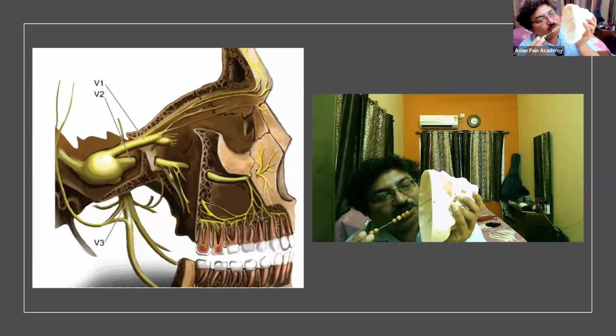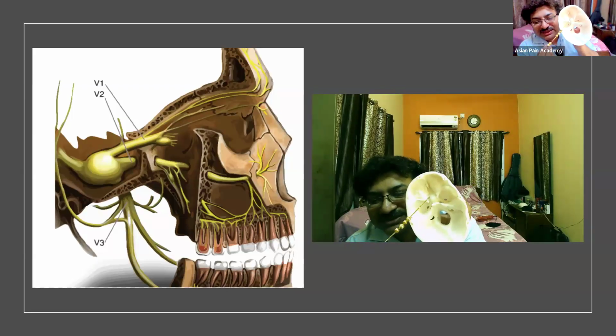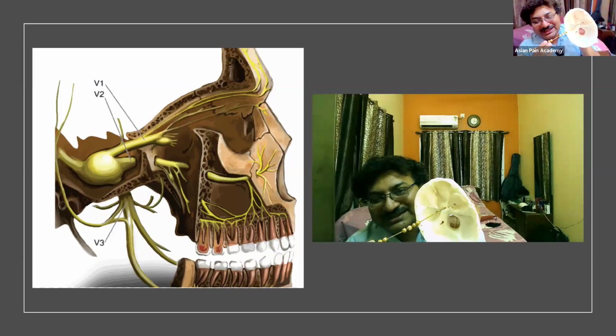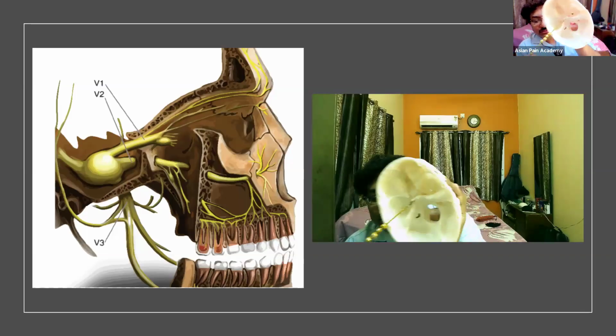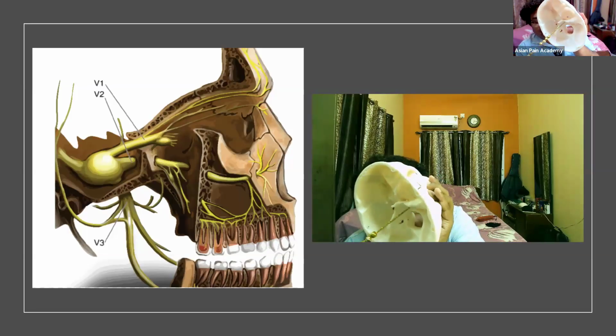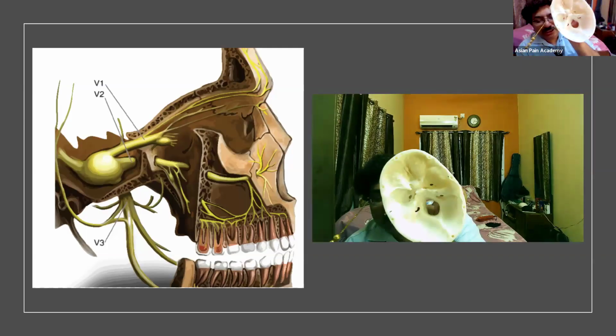galli, followed by the anterior clinoid process here. Then we have this depressed area, the sella turcica, which houses the pituitary gland. Then we have the Turkish saddle back shape, and on both sides you have the posterior clinoid process, and this sloping area for the midbrain and the medulla oblongata is